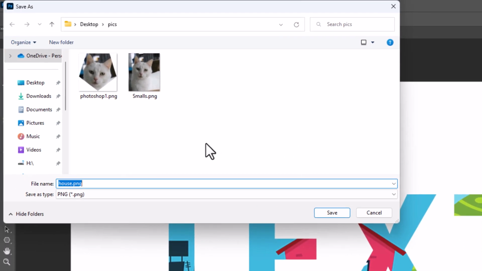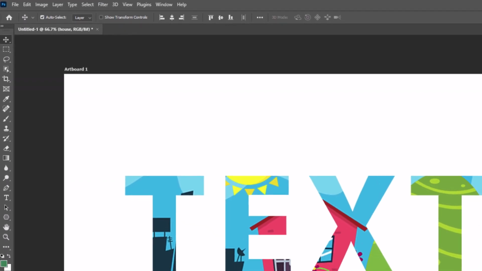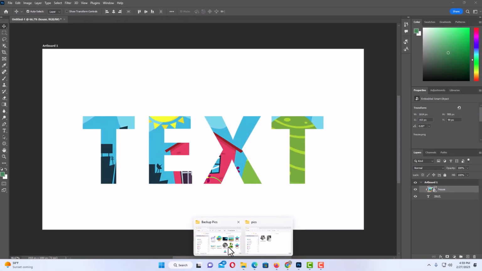And in the dialog box that opens up, it'll ask you to name your file. You could put the destination for your file. I'm going to go down to the bottom right hand corner and click on Save. Now if I reopen that folder there,